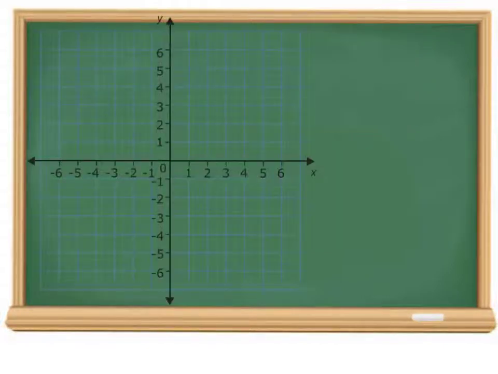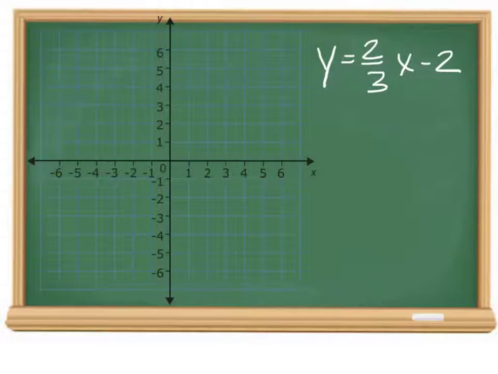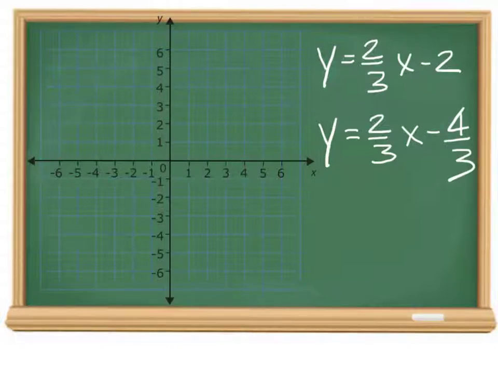The problem we just finished was y equals 2/3 x minus 2. We found a line that was parallel to it, which is y equals 2/3 x minus 4 over 3. The original line that we had was y equals 2/3 x minus 2, so that is the y-intercept, minus 2. The slope is 2/3, so you go up 2 and over 3, make a dot, and then make a line